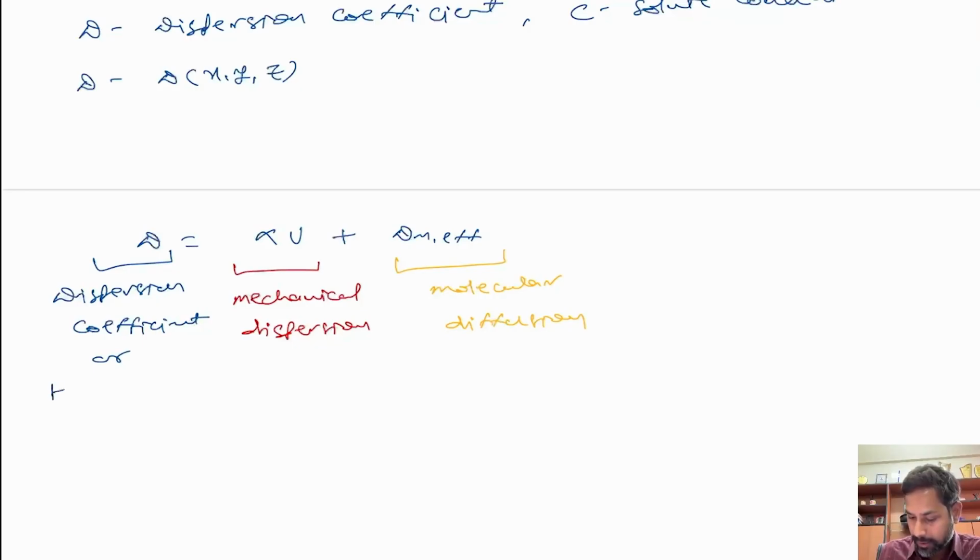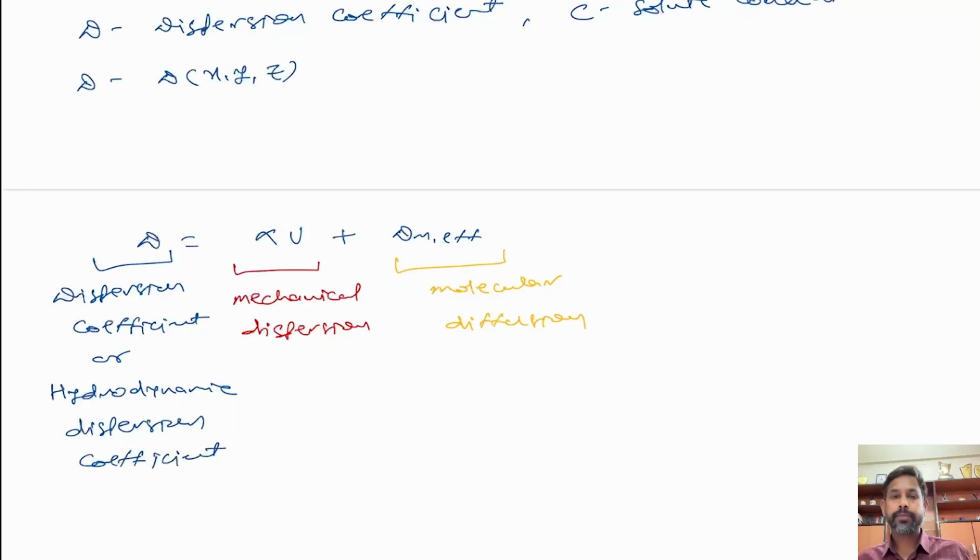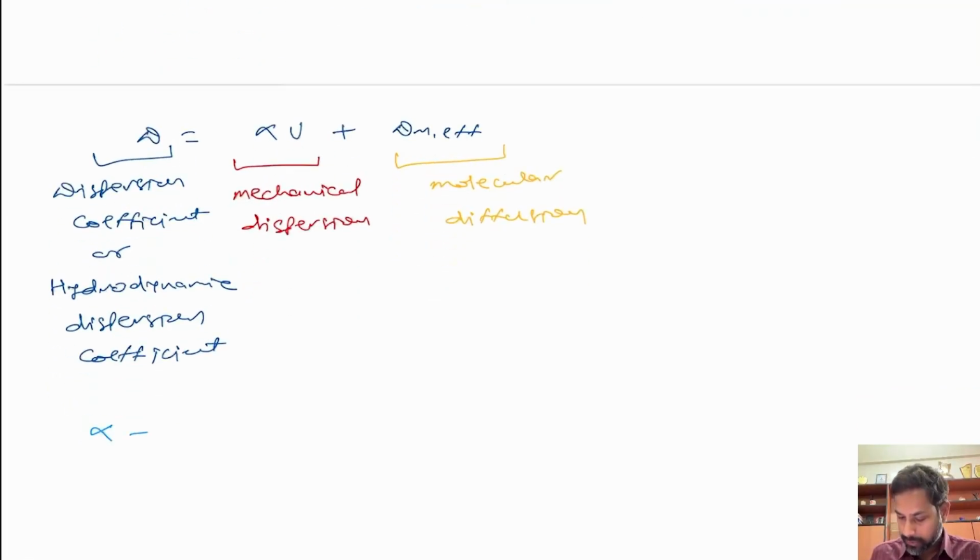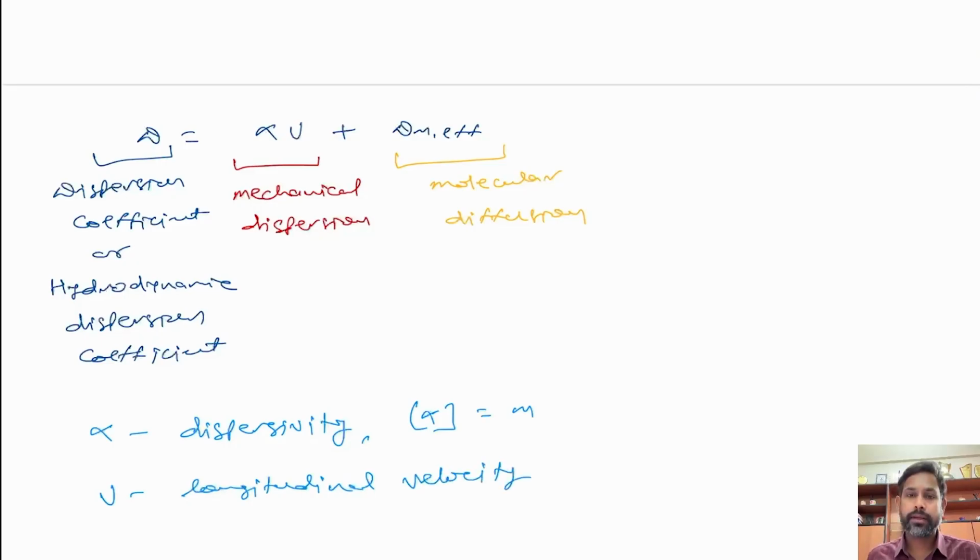or in general it's also called the hydrodynamic dispersion coefficient. Okay, so this D is a combination of both mechanical dispersion as well as molecular diffusion, whereas in this equation what you see here as alpha is something called dispersivity, and the unit of alpha is meter. Okay, and u is primarily the longitudinal velocity, so that is the primary velocity in the medium,